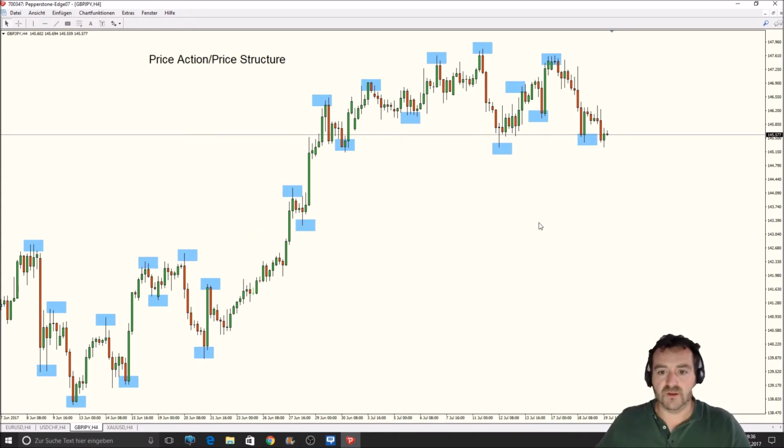But here we are now a little bit more detailed. We see a little bit more price action on that one. And here as well we compare now: do we get higher lows and higher highs, or do we get lower lows and lower highs? And based on this we make our decision. So here actually are three phases. We were starting here, I would say, from a very short downtrend, when we had lower highs and lower lows. Then we were turning into an uptrend, getting